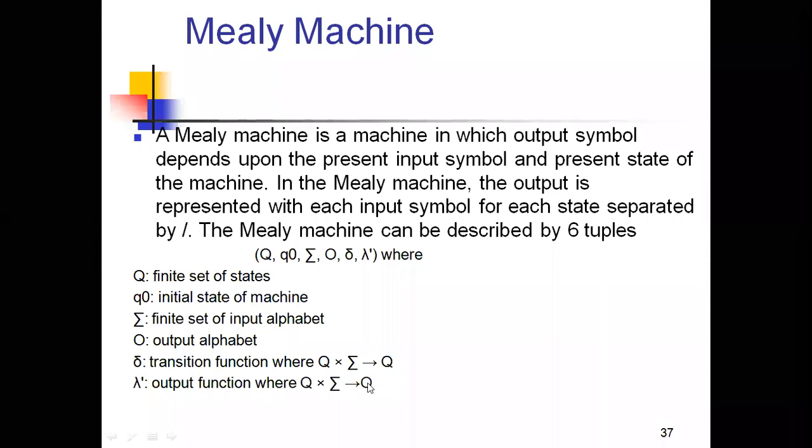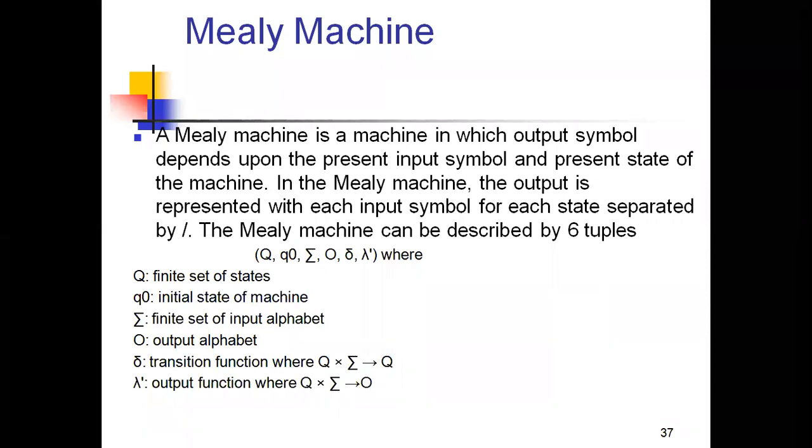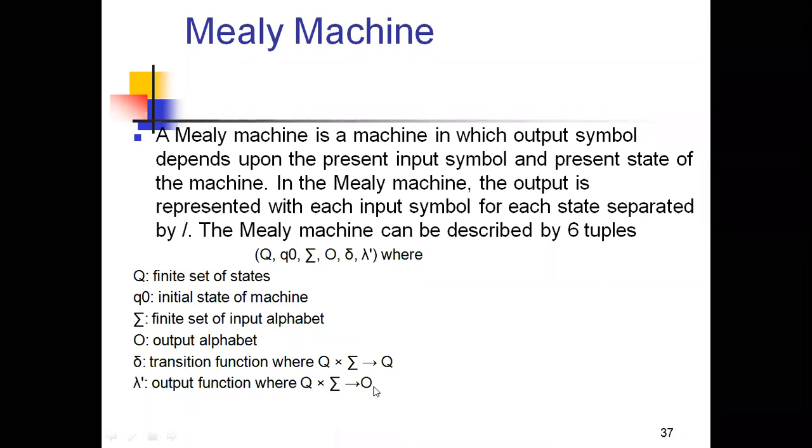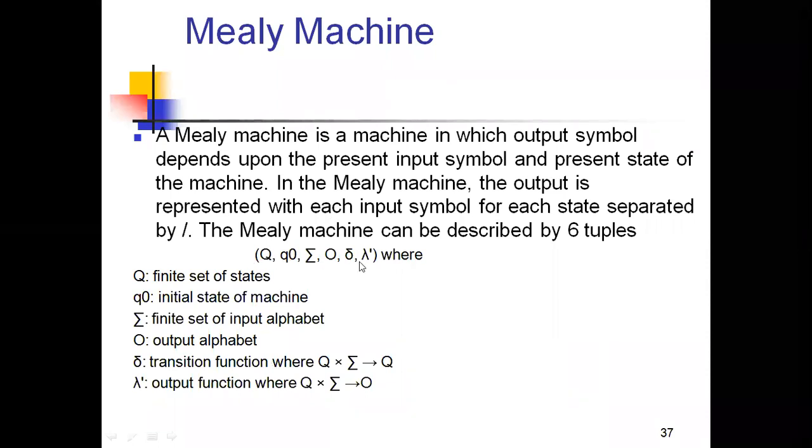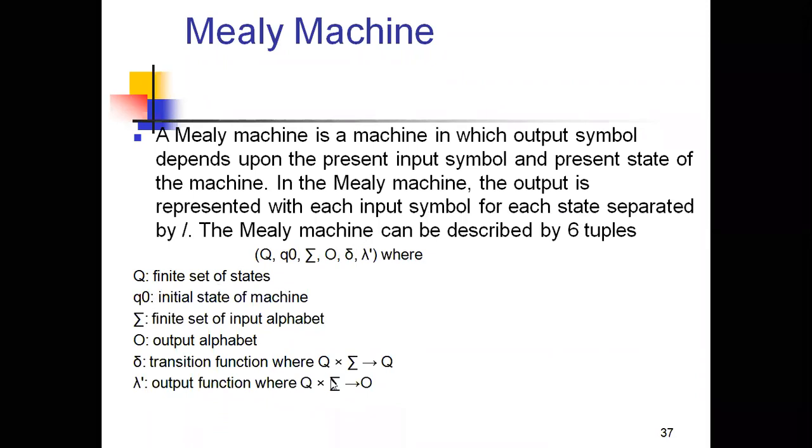Is it clear to you all what the difference means? There we have outputs for the states, but here we have an output for the input alphabets. So that's why we represent the output function like this: state with an input gives an output alphabet. Just make a note of this. The difference between the Moore and Mealy machine is only at the output function, the remaining tuples are all the same. When we check a Mealy machine, the output is always represented with each input symbol for each state, separated by a slash. Now see the examples, then it will be very clear to you all.